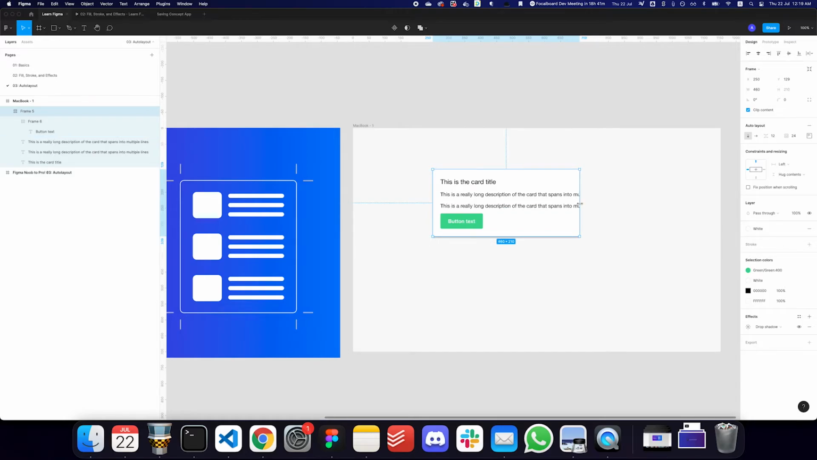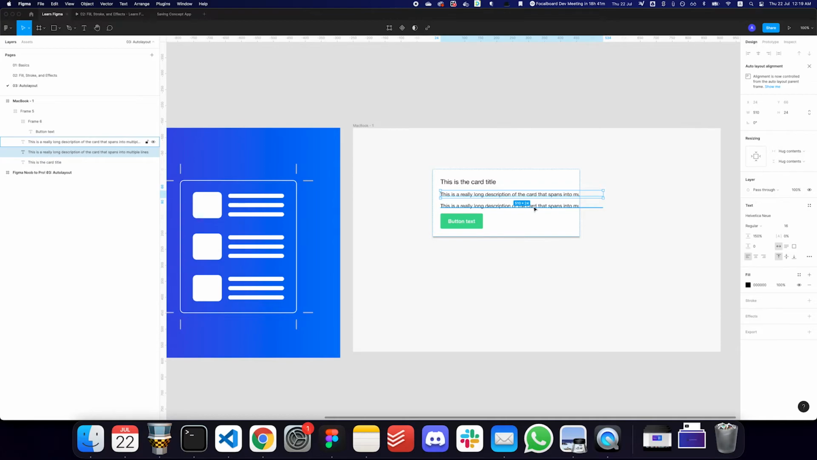But if I wanted to have this particular width and I wanted the text to wrap into multiple lines if it doesn't have a lot of space, what I can do here, instead of saying hug content, which basically says that I don't want you to specify a width for me,